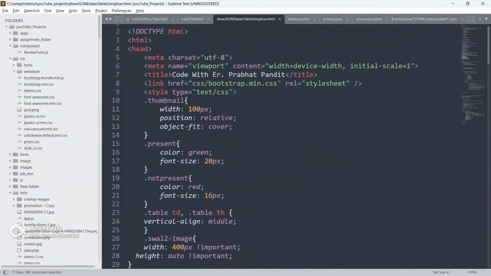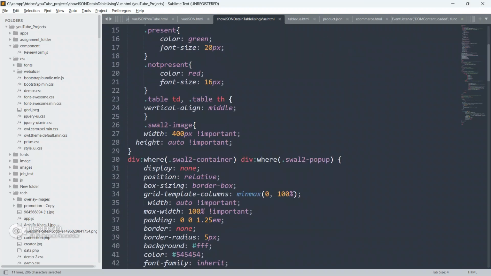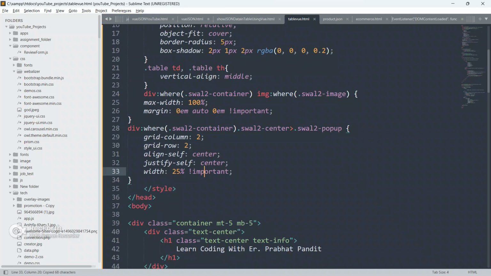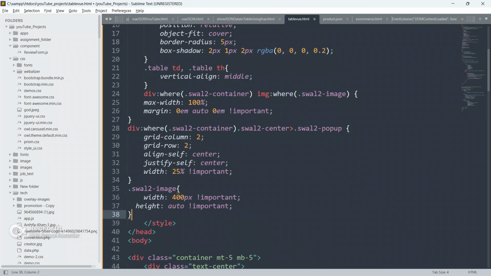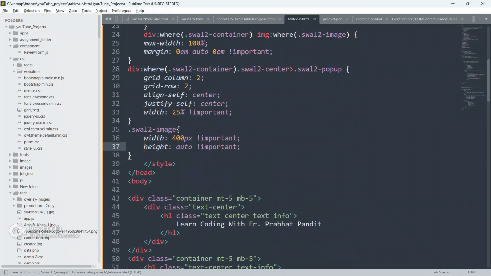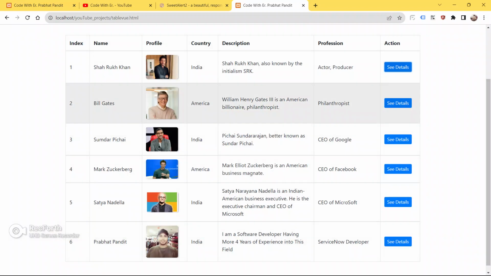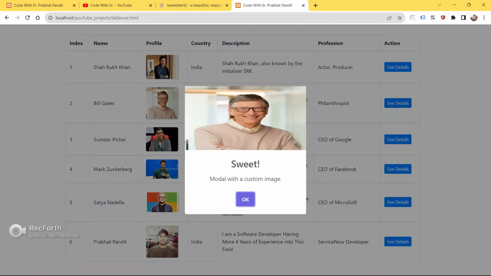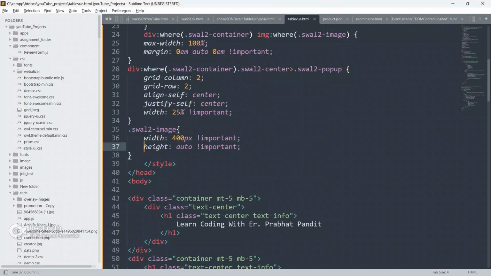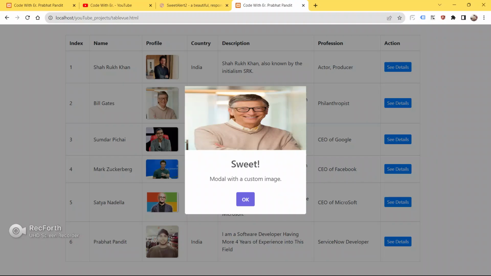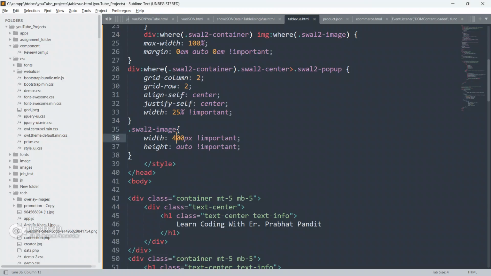Now just go to the example only, and I'm going to copy this class also from here and paste it here, and I will explain it. So guys, this is the sweet alert 2 image, the image we are able to see here. This is the class for that image.